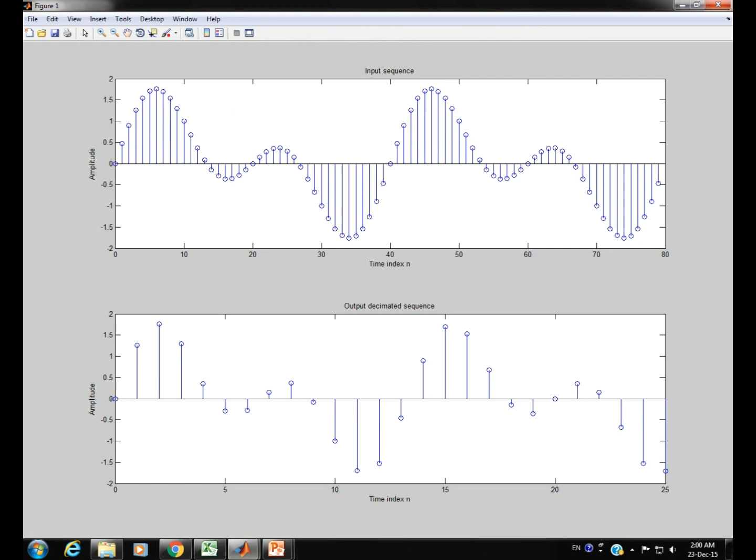Now you see this is the MATLAB window that has popped up here. Input sequence, you see, is the same input sequence, and because the decimation factor is equal to 3, now we have only around 25 samples here. So here the nature of the amplitude is represented with these many samples only. If you compare this particular output to the earlier output, you will see the effect of changing the decimation factor, and this is the illustration that we can work out with the values we provide as input from the command window here.